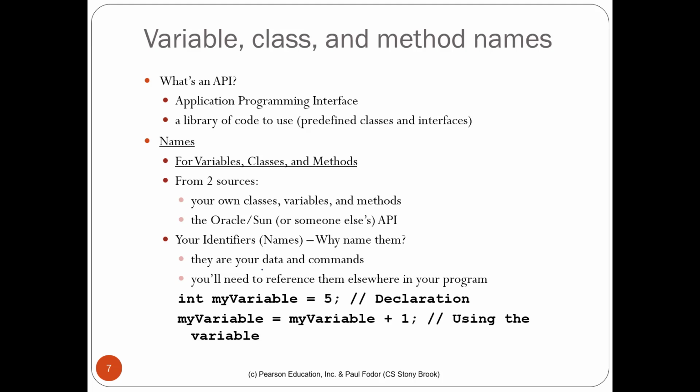Similarly, if you're writing a program, you will be using variables, you'll be writing classes, and you'll be writing methods. In order to refer to a specific variable that you created, any class that you have written, or any method you have written, you should give them names so that they can be accessed. So that's the main idea about this slide: how should we name these different components of our program? Before we do that, let's look at a few important terms